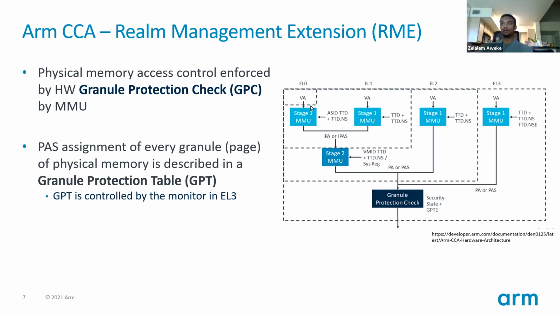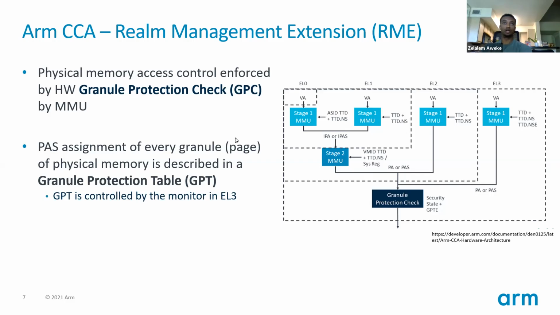As you can see on the right, there is this granule protection check step at the end of address translation. At the end of the address translation, you might have just a single stage address translation if you are in EL2 and EL3, or you might have two-stage translations. At the end of this address translation, the physical address is checked